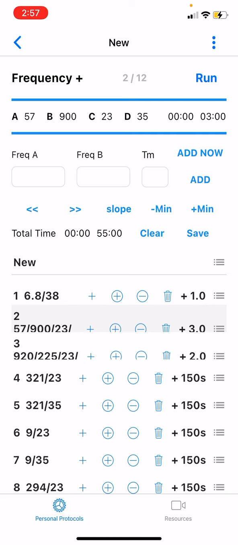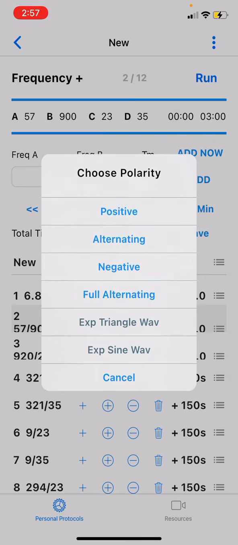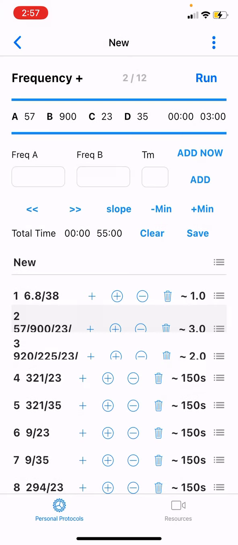If you do another long press on any of these pairs, so this is a bit new, but in this instance, we are going to change the polarity of all of them to alternating. You can also